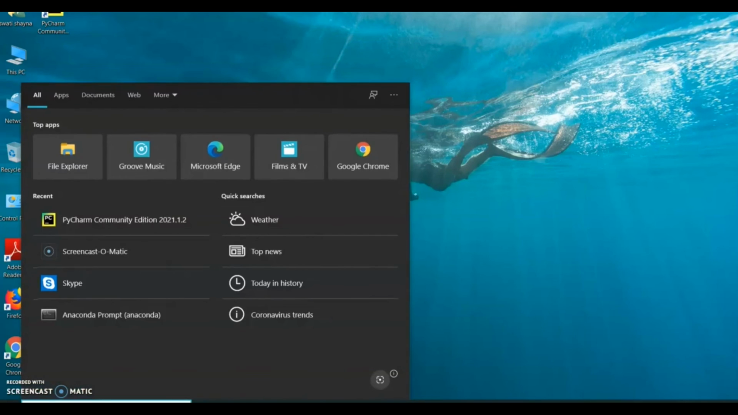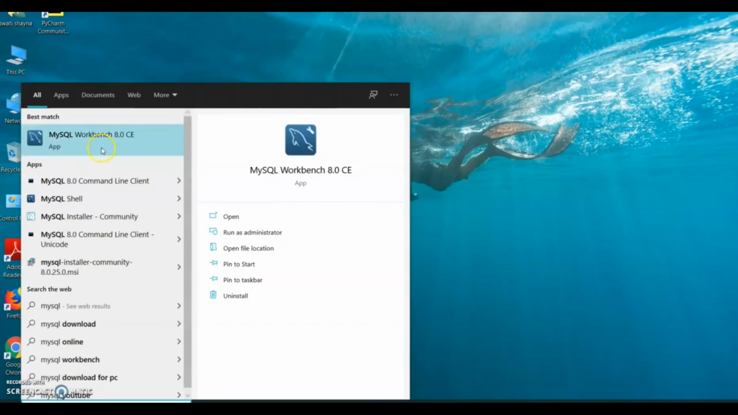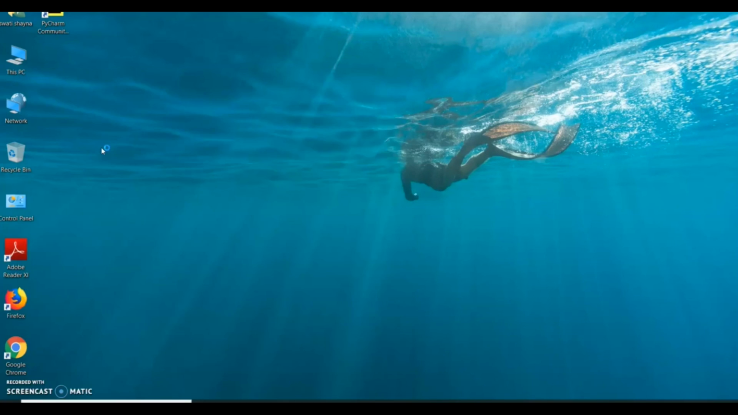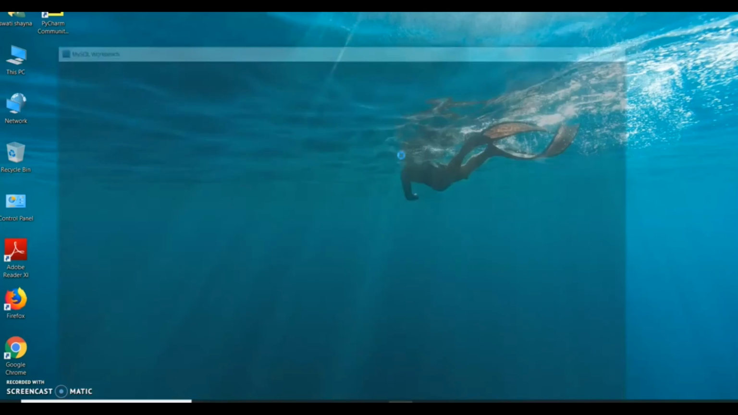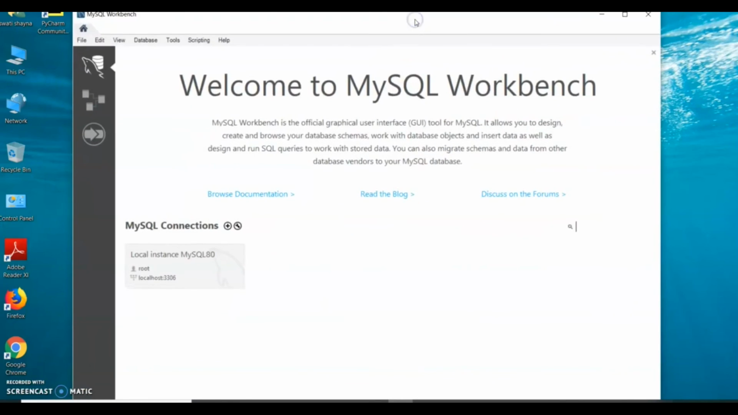Just go to your search bar and type MySQL Workbench. Try to open it and check if the installation is successfully done or not. So yes, my installation is 100% successful, and this is what you will get when you select the